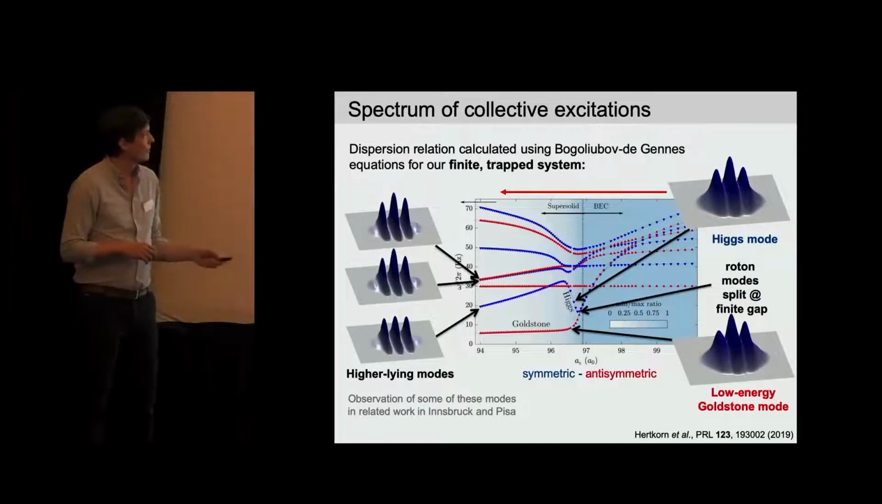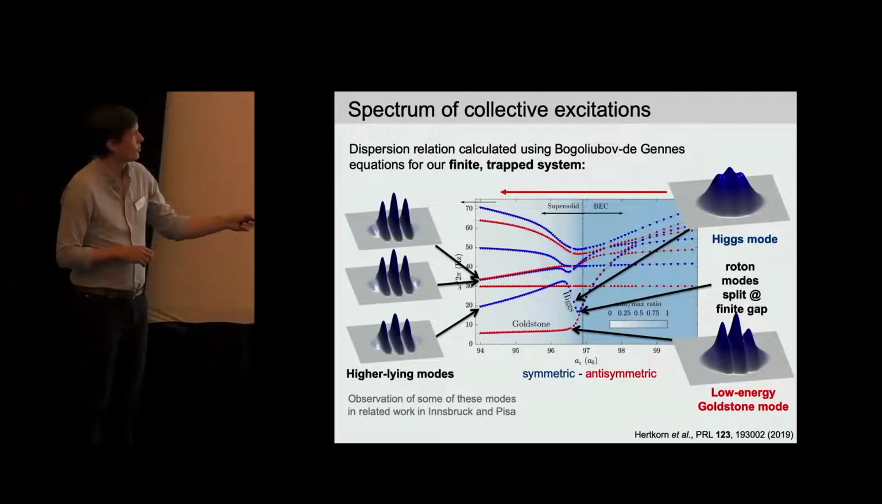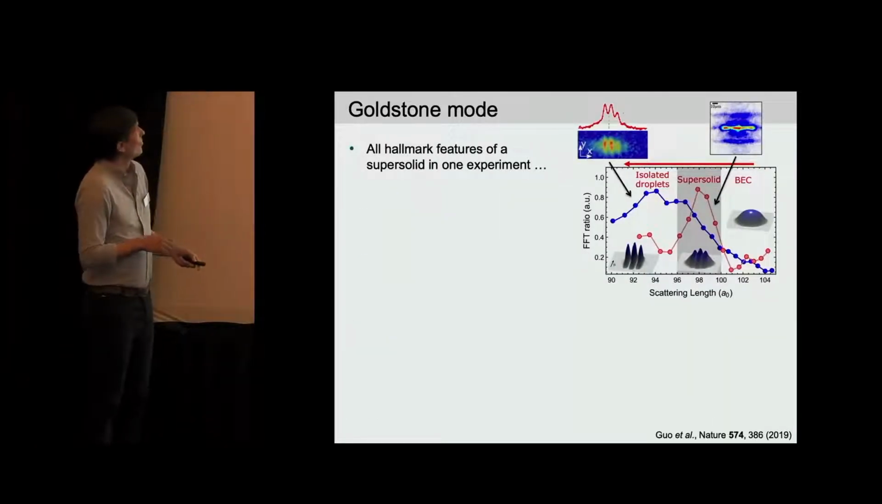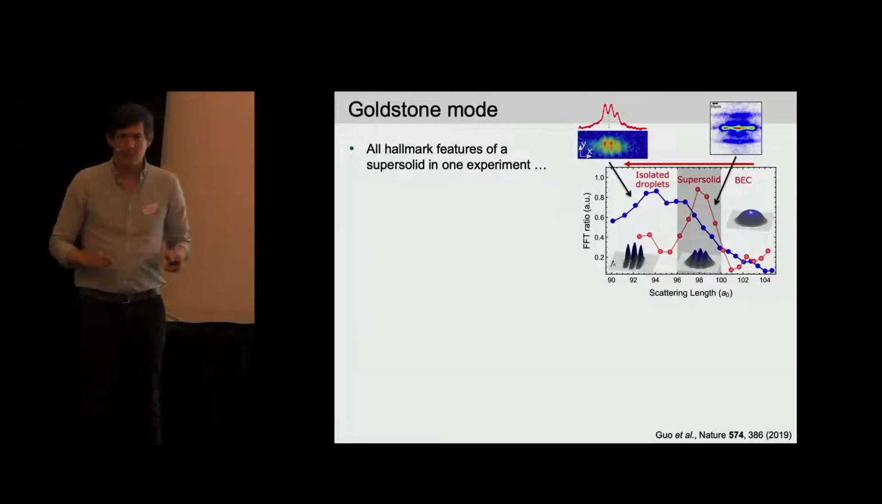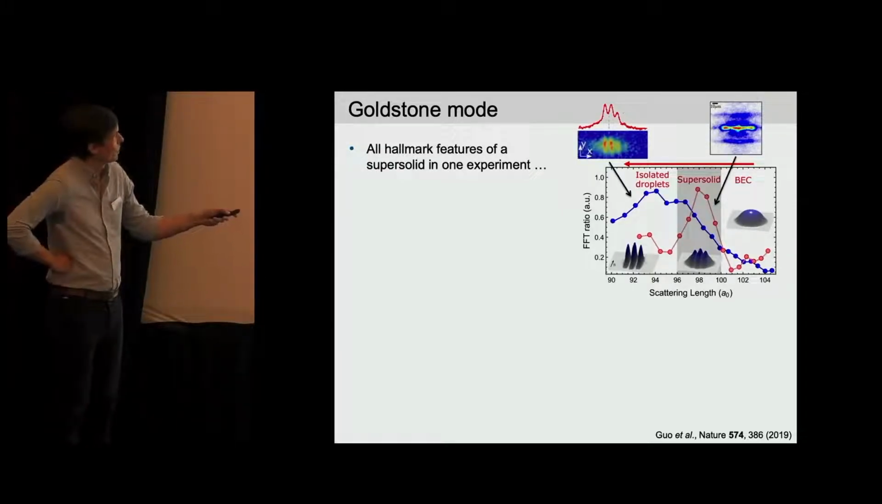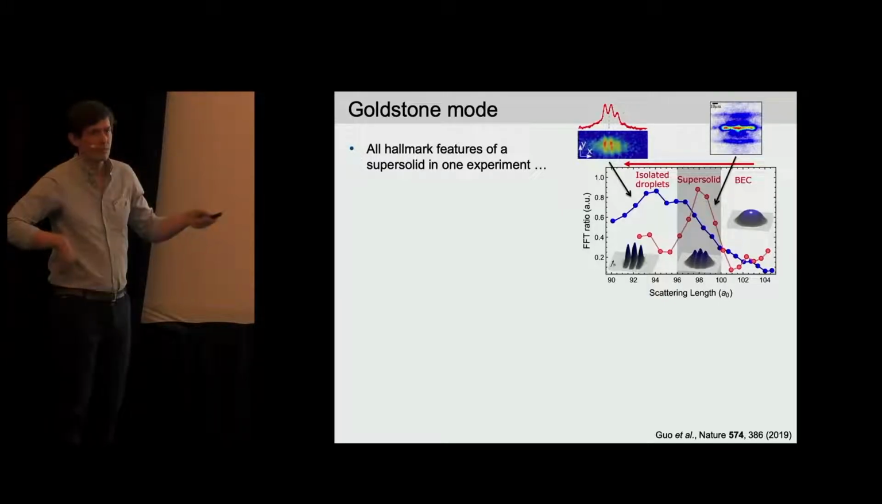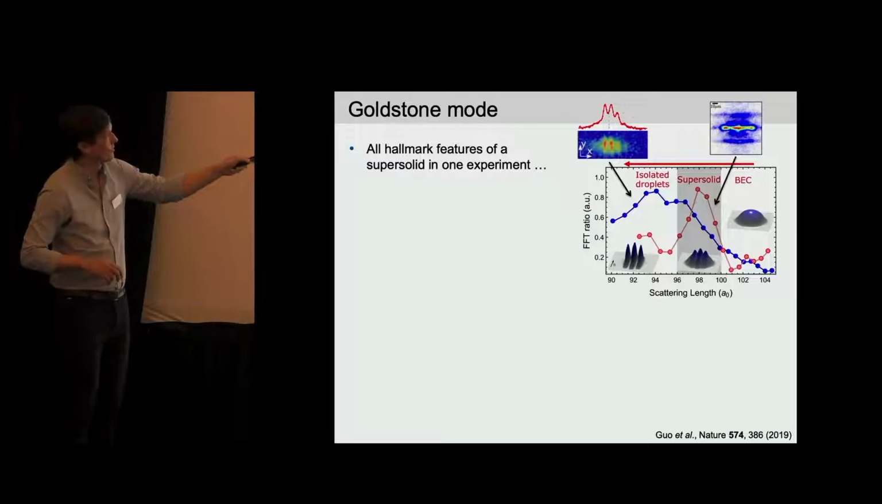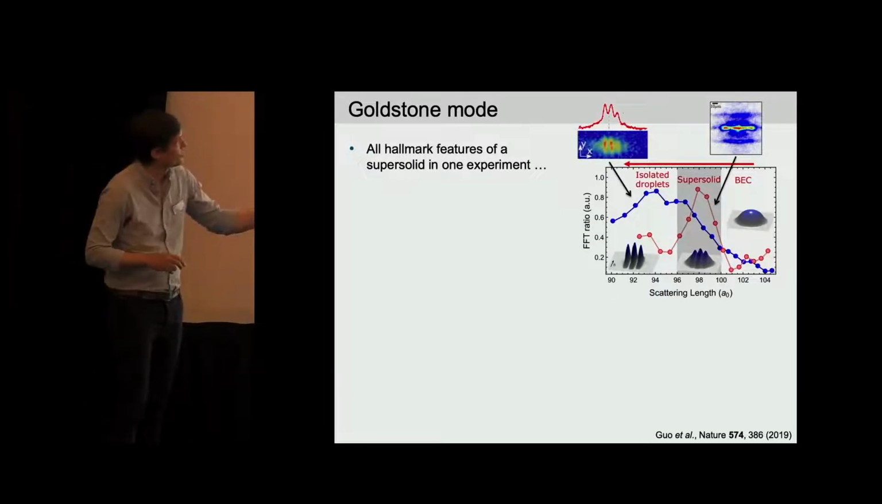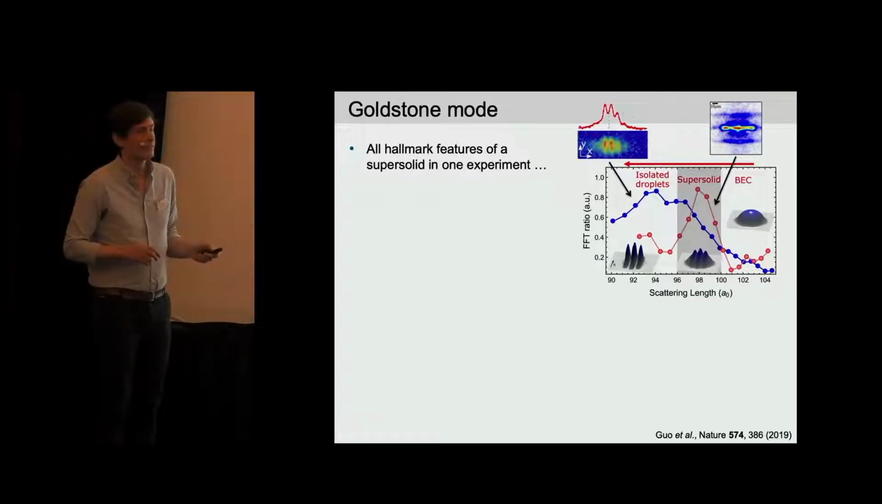What we are mostly interested in is this low energy Goldstone mode here, and I will come to this in a second. First of all, we can now take all of this together and really say something about supersolidity, because as we cross this transition, we can look at the in situ pictures and really see how the crystal emerges. Then we do these interference pictures, we see there's a region where this crystal is coherent. And now we can study this Goldstone mode,